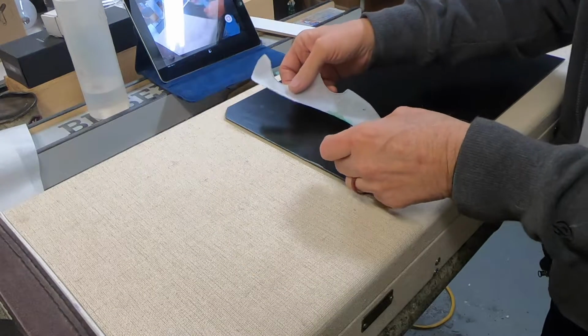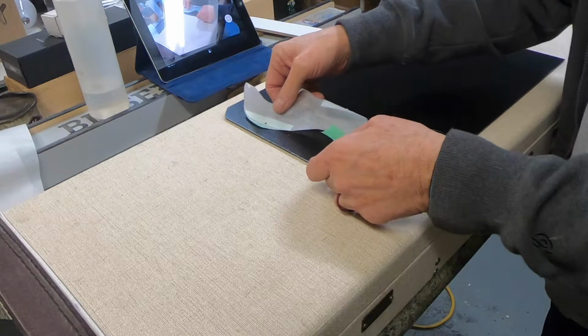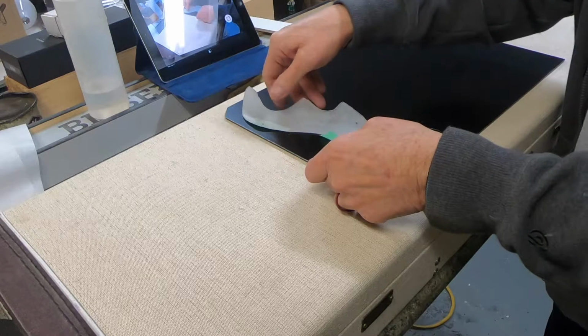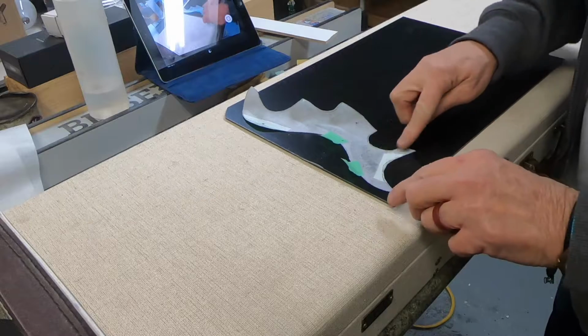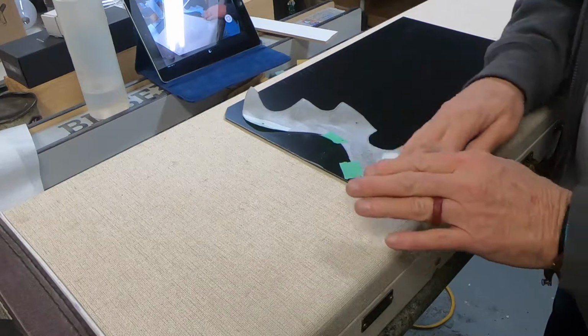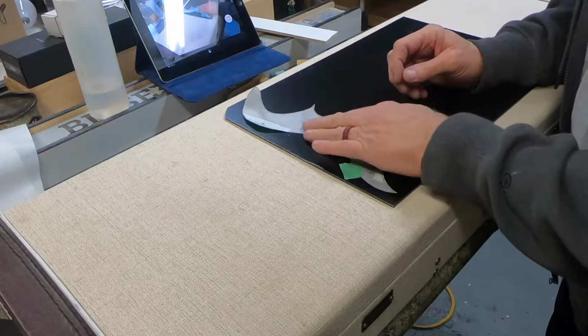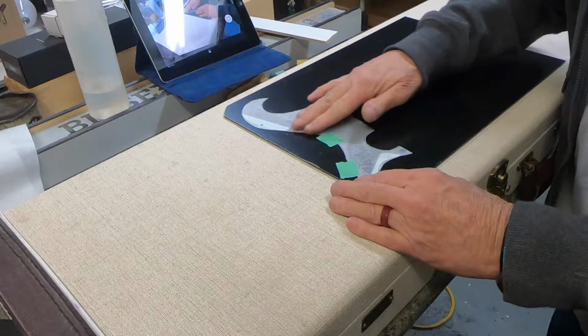So now I have glue on this thing, so of course it's going to get all fiddly. Well, it's touched down here, so let's just let it do its thing. All right, that looks alright. I just left the tape here on it. It's not going to hurt a thing. Okay, so that is...